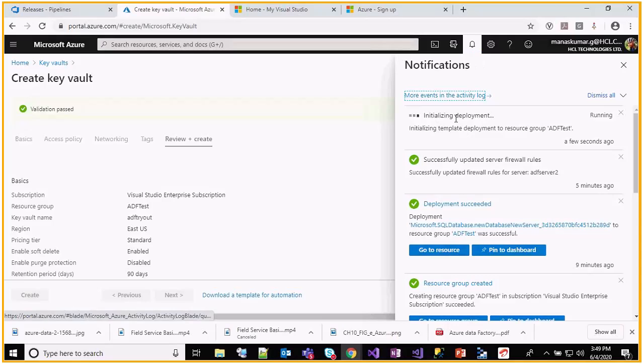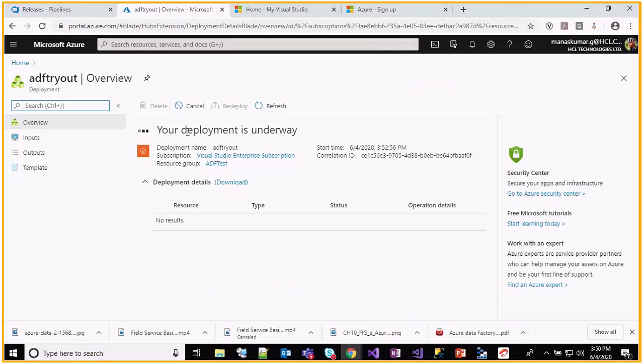If you want to see whether it is being deployed or not, in the notifications menu you can see it here, like it's submitting, deploying and all. Now my Azure Key Vault is under deployment.